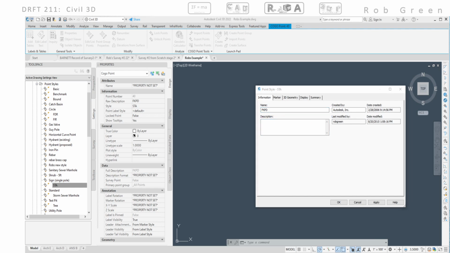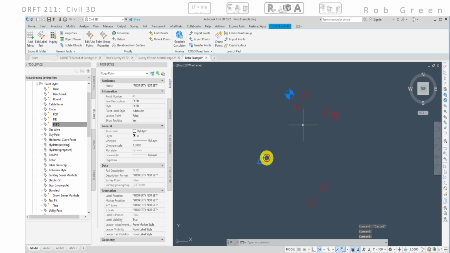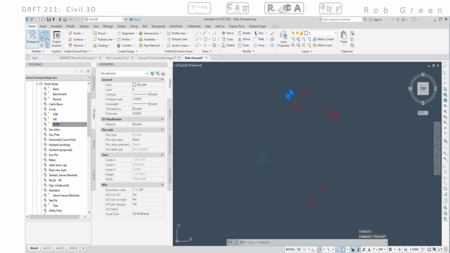And my title that I want for that is this found nail and disc. And click OK. So I'm kind of cleaning up. So this here's this point. It's now FKPD. And notice the description matches the style. That's going to be a repeating theme in Civil 3D. There are so many names that we want to make sure that each level of name and description tends to be identical. All right, so the next point that we're going to do along the way should be this circle